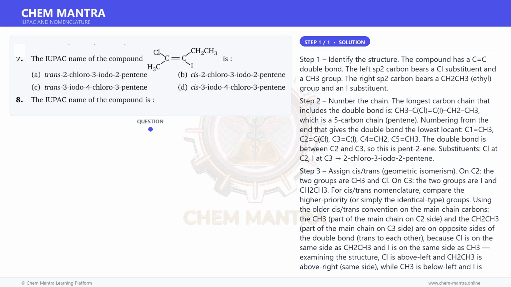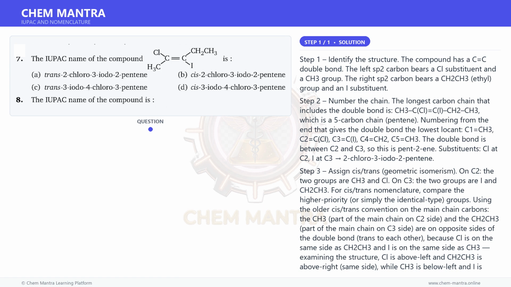On C2, the two groups are CH3 and Cl. On C3, the two groups are I and CH2CH3. For cis-trans nomenclature, compare the higher priority or simply the identical type groups. Using the older cis-trans convention on the main chain carbons, the CH3 part of the main chain on the C2 side and the CH2CH3 part of the main chain on the C3 side are on opposite sides of the